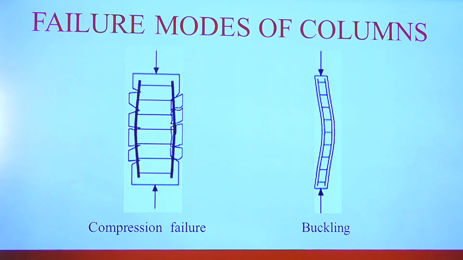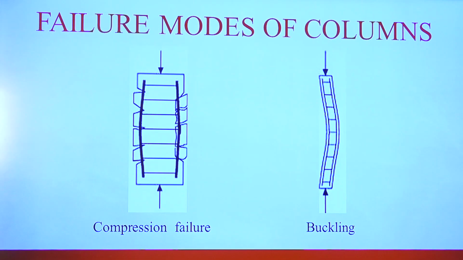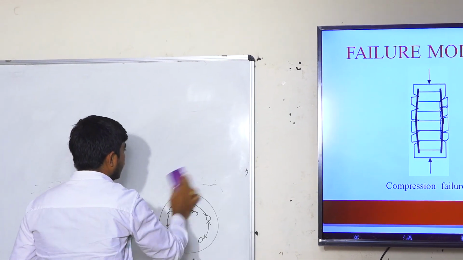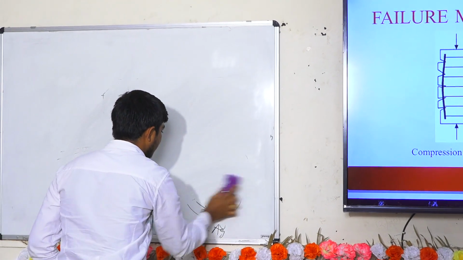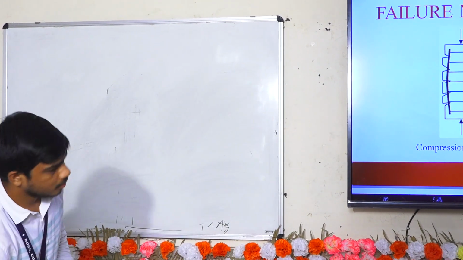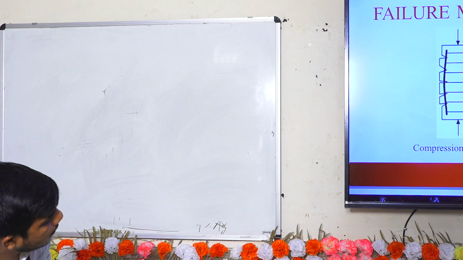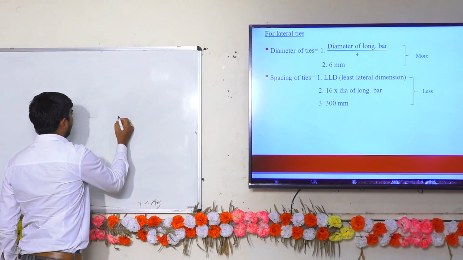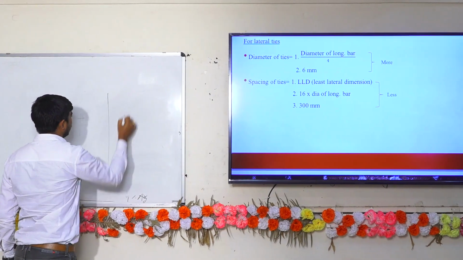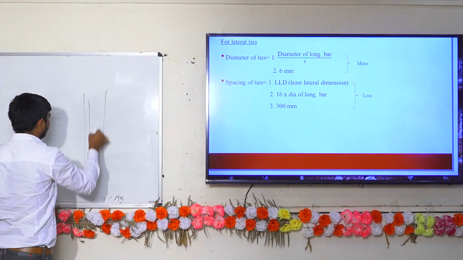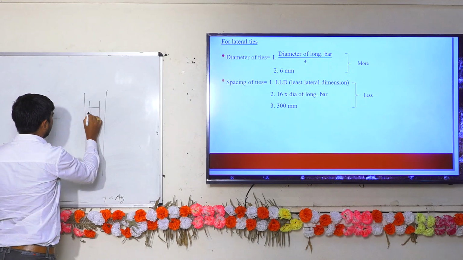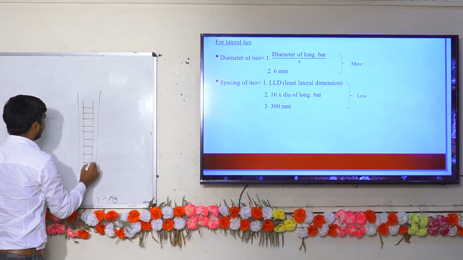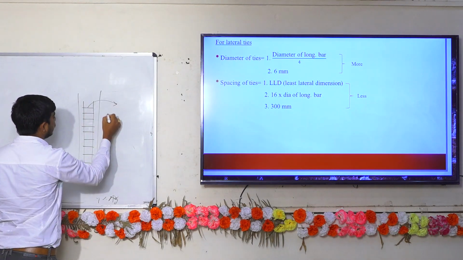So if we have lateral ties also, then we should know what should be its spacing, at what spacing we should provide, and what should be its size. First of all we need to decide the size. We will provide transverse reinforcement, something like that. So what should be the size? Size should be minimum